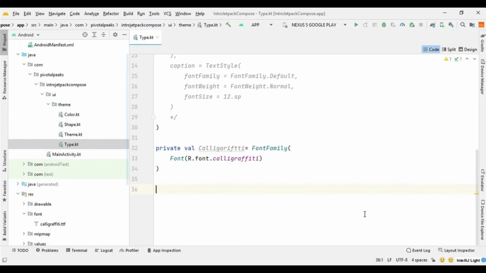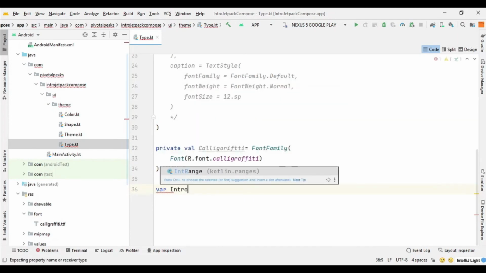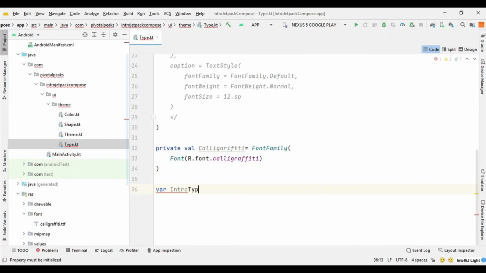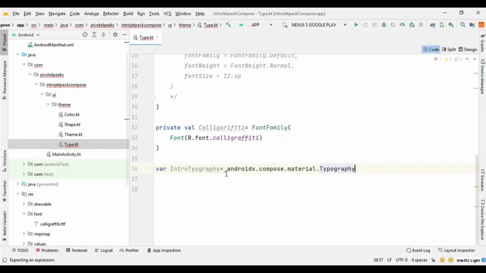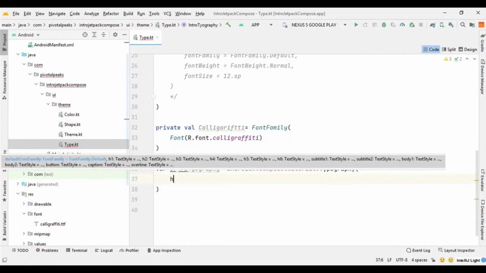So let's do that. So we can say val, and I'm going to say intro typography. Here we need the Typography, androidx.compose.material, and inside this we can say h1.